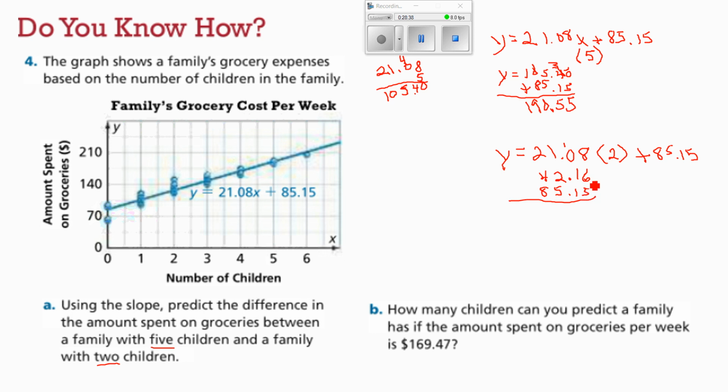6 plus 5 is going to be 11. Carry the 1. This would be 3. 2 plus 5 will be 7. And 4 plus 8 will be 12. So a family of 2 will use $127.31. So now we're going to take the family of 5s,